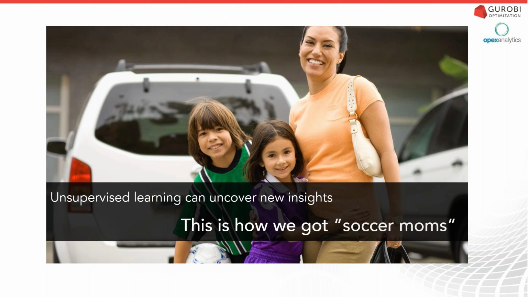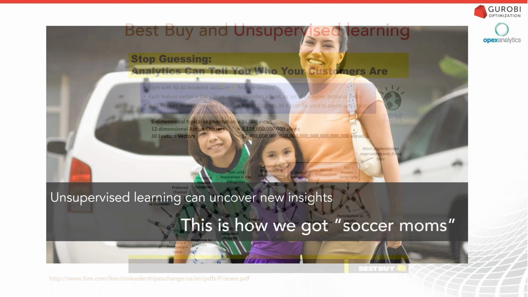Someone came up with the clever term, but the idea was there was this group of people who were very similar across the country who weren't identified before, and because of the unsupervised algorithm, they were now identified and they could be marketed to, spoken to as a group. And I think the reason the term stuck was because it was actually a real group that had kind of been hidden under the radar because it couldn't be seen with normal techniques.